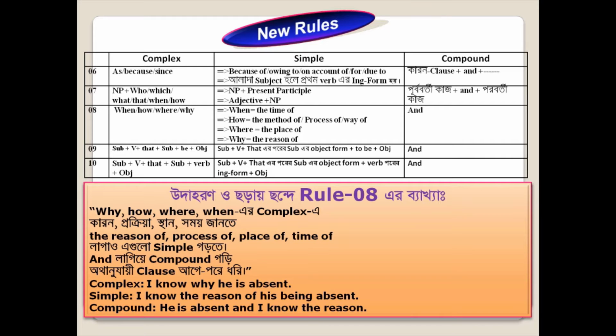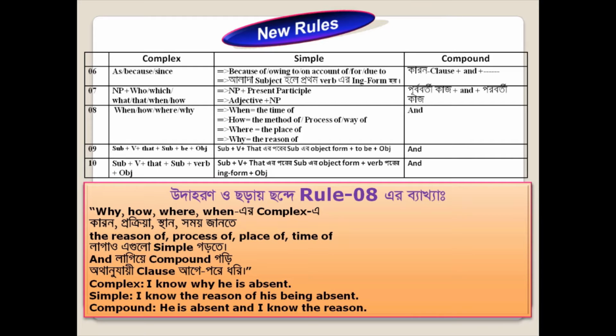Complex: I know why he is absent. Simple: I know the reason of his being absent. Compound: He is absent and I know the reason. Rules number 9. If there is subject plus verb plus that plus subject plus verb to be plus object